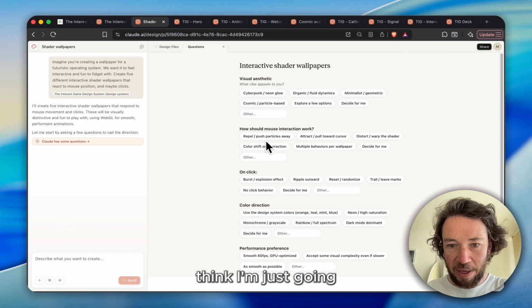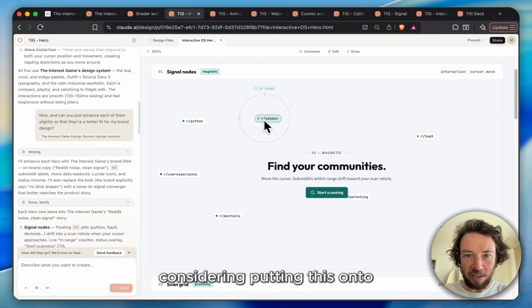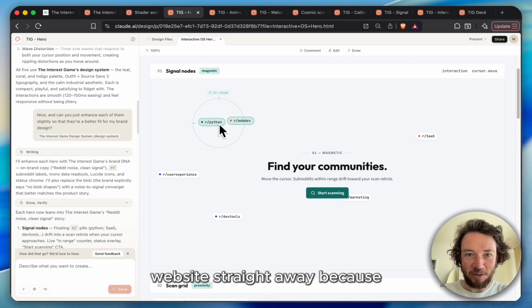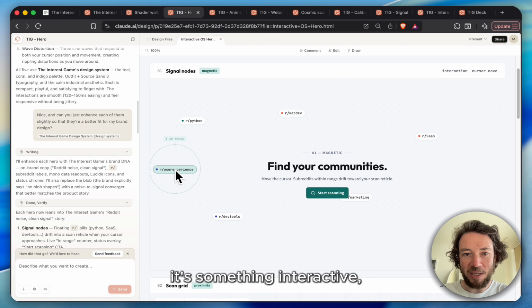I think I just iterated on it once. And I've got these incredible designs, in my opinion, where it's not just the design that I love here, it's the way that it's interactive. I'm considering putting this onto my website straight away, because not only does this scream Reddit, but it's something interactive